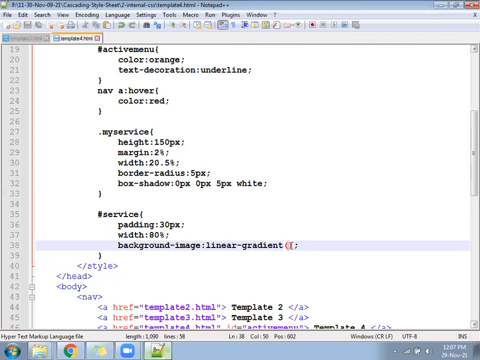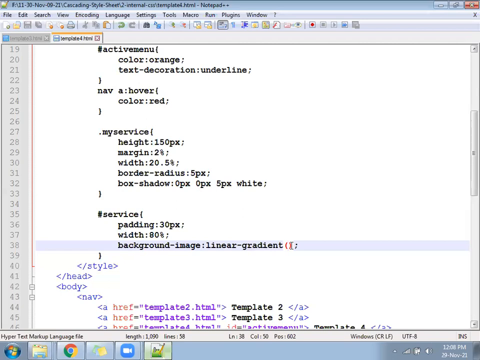It goes 0 to 255. 255 will be the maximum number. So suppose red you have taken 100, blue you have taken 20, and green you have taken 100, and you mix together. After that, it creates the third color. But in the linear gradient, you can give the three color names. All three colors will come equally. Suppose you say red and green, so first will be red, second will be green.